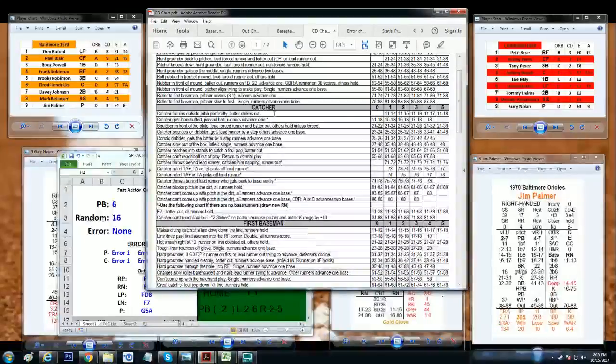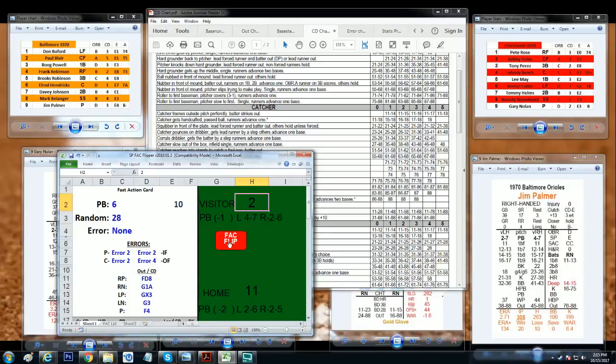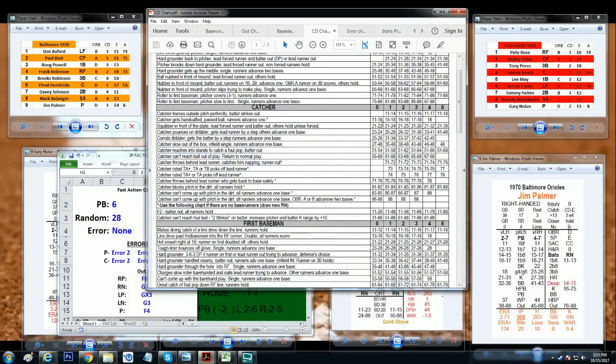So there's the catcher of 1, so we're just going to roll on this column. We need another random number. It is 28. Look at the 28 for catchers. That's right there. So this says catcher pounces on a dribbler, gets lead runner by a step, others advance 1 base. So he would get out the lead runner, but in this case it doesn't matter because there is 2 away. So we're just going to call this a 2